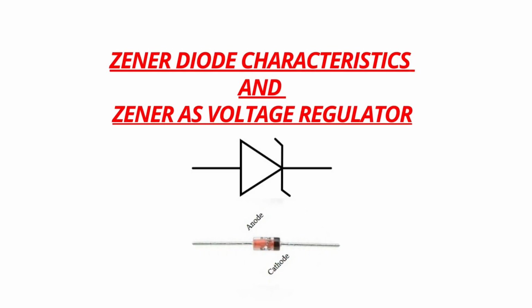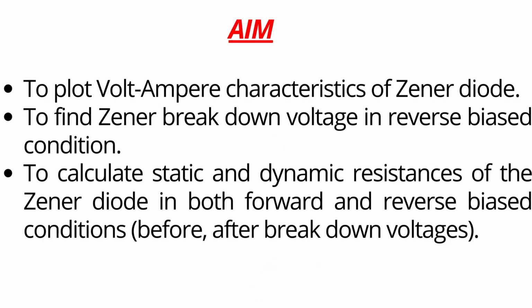Zener diode characteristics and Zener as a voltage regulator. Aim: to plot the volt-ampere characteristics of a Zener diode, to find the Zener breakdown voltage in reverse biased condition, and to calculate the static and dynamic resistances of the Zener diode in both